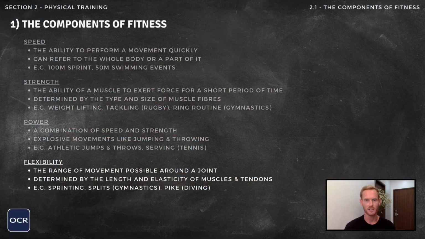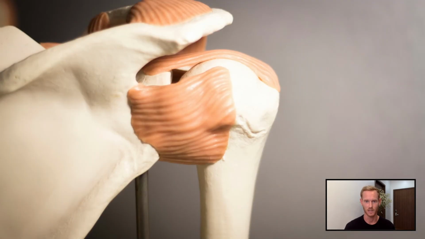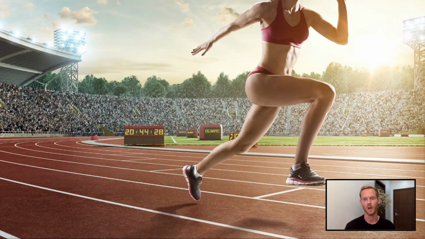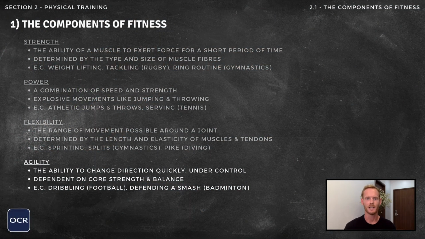Flexibility is defined as the range of movement possible around a joint and is determined by the length and elasticity of the muscles and tendons, as well as the structure of the joint itself. Flexibility enables sprinters to achieve a high knee lift, gymnasts to perform the splits, and divers to adopt a pike position in flight. Agility is the ability to change direction quickly under control and is reliant on other attributes like